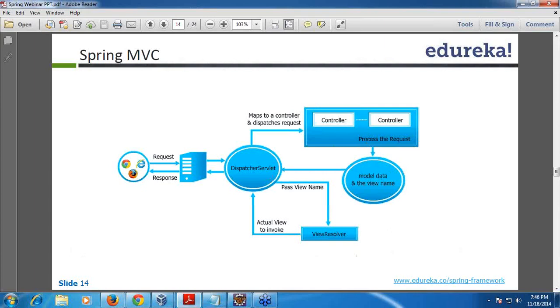Before it actually goes to the user, the controller tells, with the model, which UI name has to be shown for a particular request. Based on the UI name, the dispatcher maps the view resolver and then shows it to the user. Once you understand this flow in detail, it will be very easy for you to write Spring Web applications.